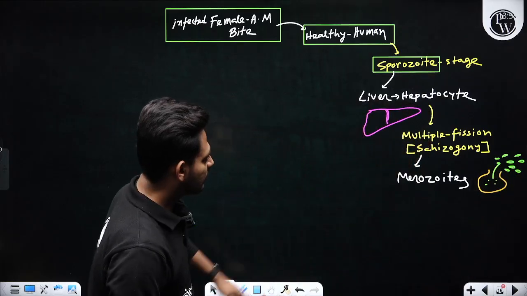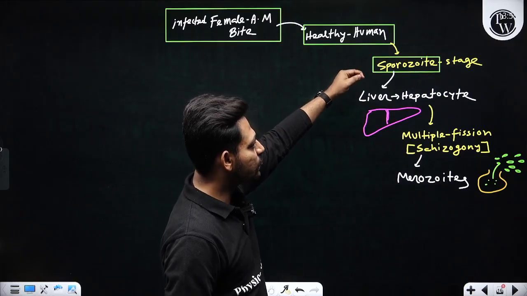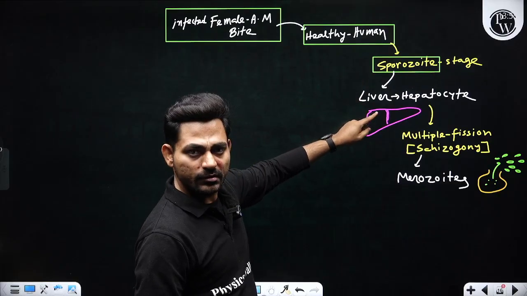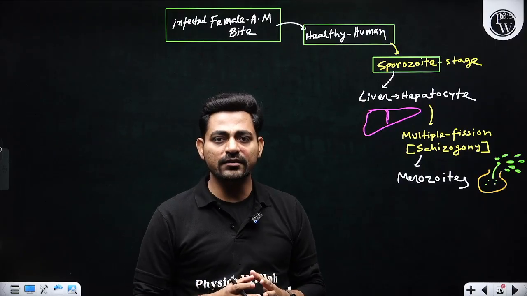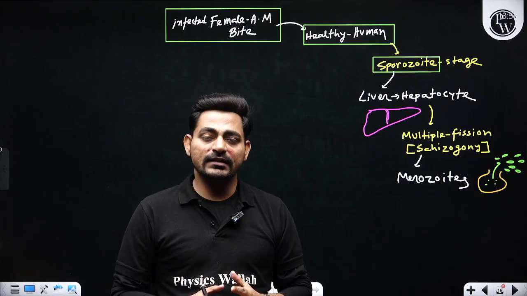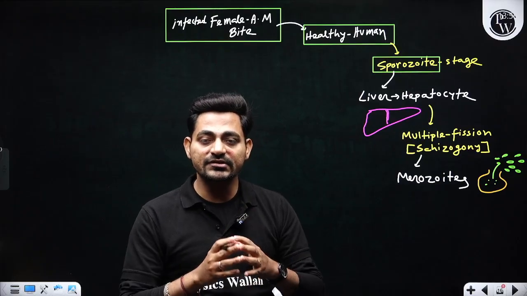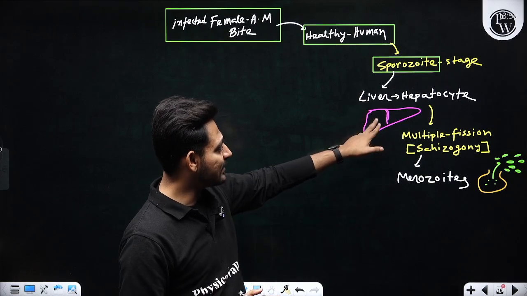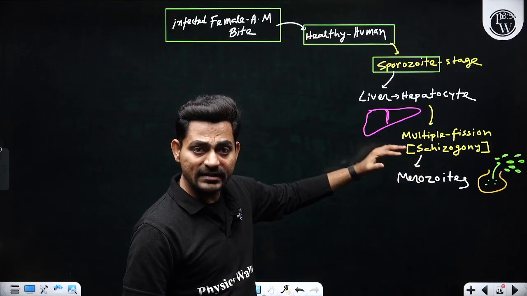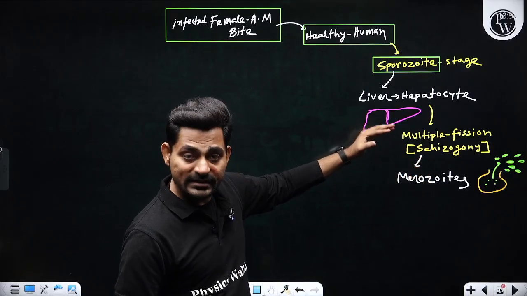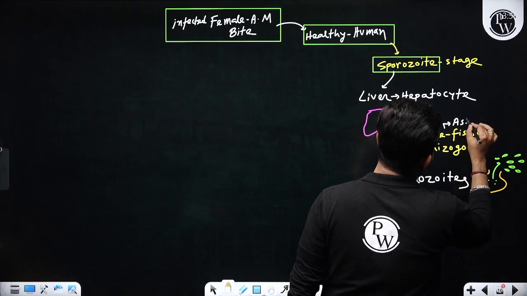Now, again, I'm telling from the beginning, mosquito bite. Through the saliva, the sporozoite stage of Plasmodium will enter into our bloodstream, right? They will search for a particular organ where they will find their nutrients, that is glycogen. And yes, we know that liver cells or hepatocytes are rich in glycogen, so they will attack the liver. They will multiply there by the process of schizogony. Basically, it is multiple fission, asexual obviously. It is an asexual mode of reproduction,